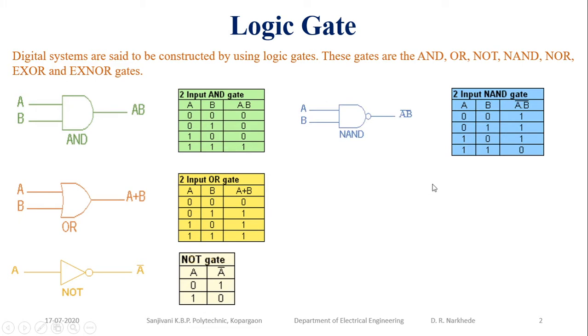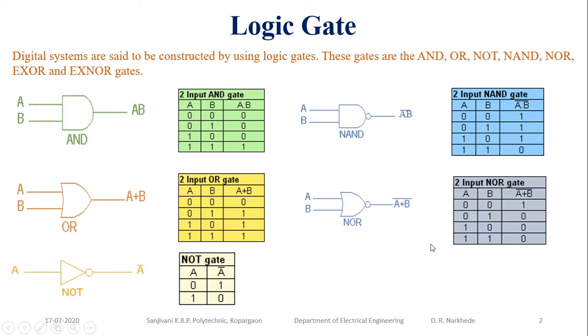Then we discussed the NAND logic. NAND logic output is just the complement of the AND logic output: when any one input is low, its output is high, otherwise its output is low. When all the inputs are high, the output of the NAND logic is low. Then we discussed the NOR logic, which is the complement of the OR logic gate. The NOR logic will give you the output only when all the inputs are low, otherwise the output is high.